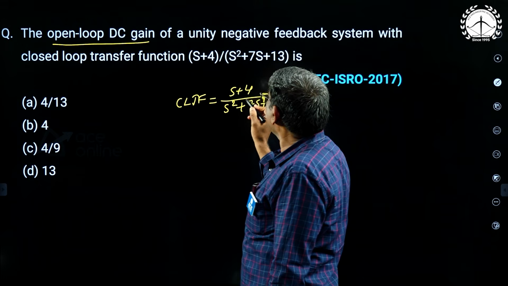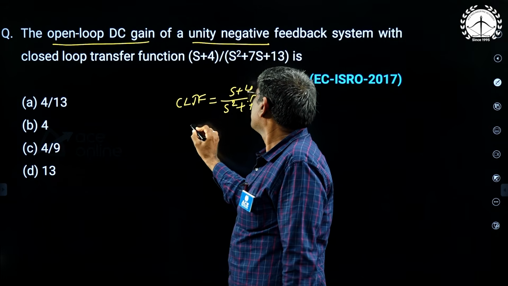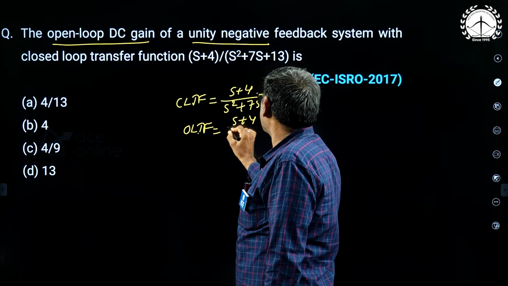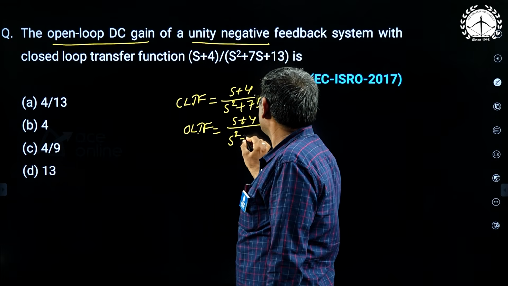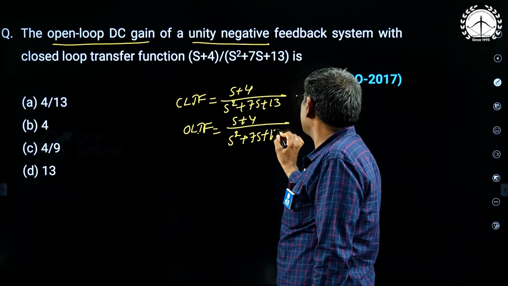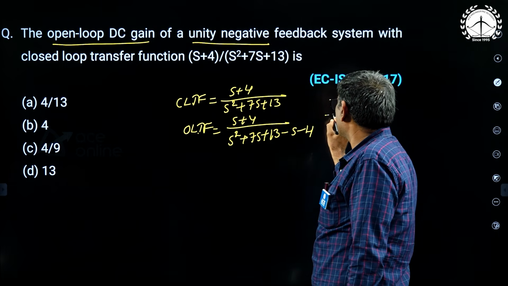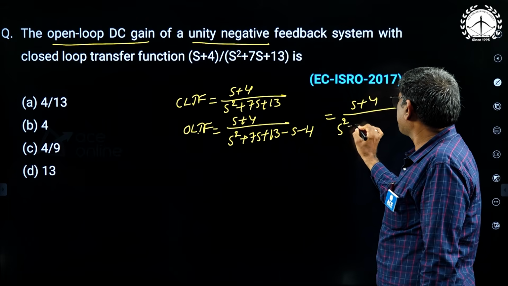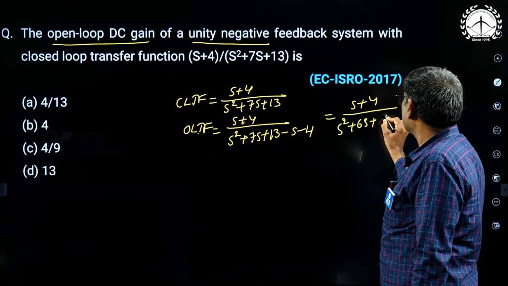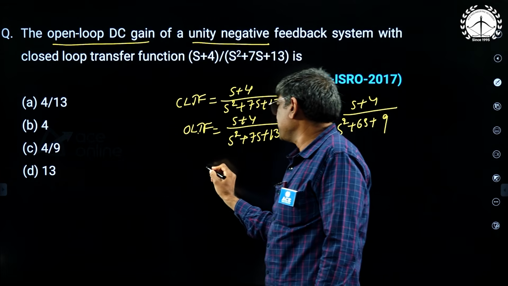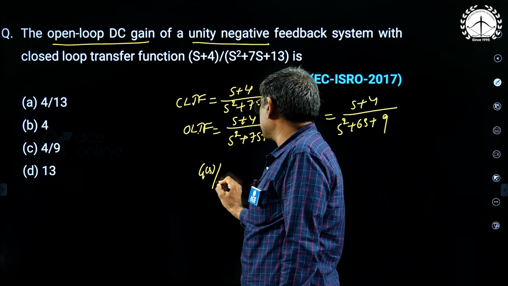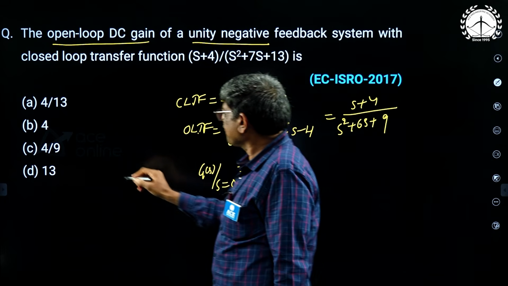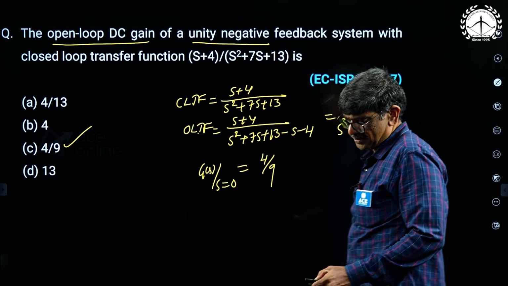So, first write unity feedback. Mention unity feedback. Just find the open loop transfer function. The simple logic is to subtract the numerator from the denominator. So, 7S plus 13 minus S minus 4. That means (S plus 4) by (S square plus 6S plus 9). DC gain means simply you put S equal to 0, frequency 0 for DC. That means the answer is 4 by 9. So, the answer is C. Next,